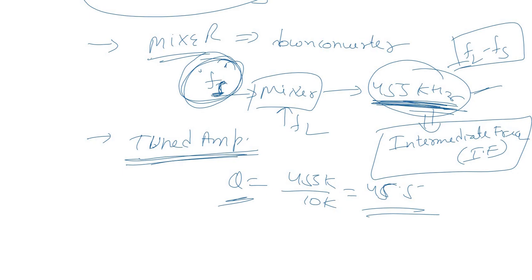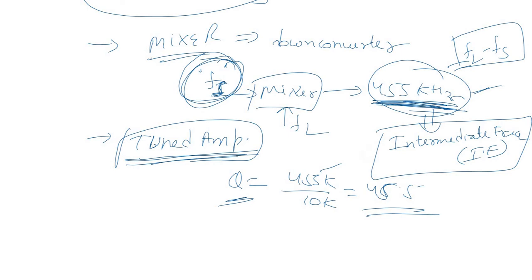L remains fixed, but we need to change the C component, the capacitance of the amplifier, again and again, and that variable capacitance is not so perfect that we tune it and get the exact required capacitance. So now we can fix the tuned amplifier to a particular frequency and it remains fixed. It does not change with the change in the input signal frequency, which was the case in the tuned radio frequency receiver. In a tuned radio frequency receiver, whenever we change the input signal frequency, we have to change the LC component, the tank circuit. And that does not always result in ideal desired values, right?